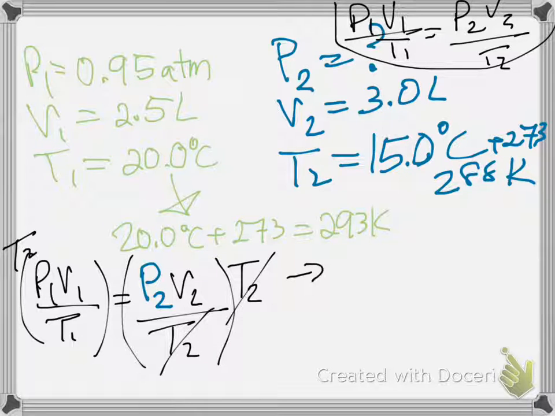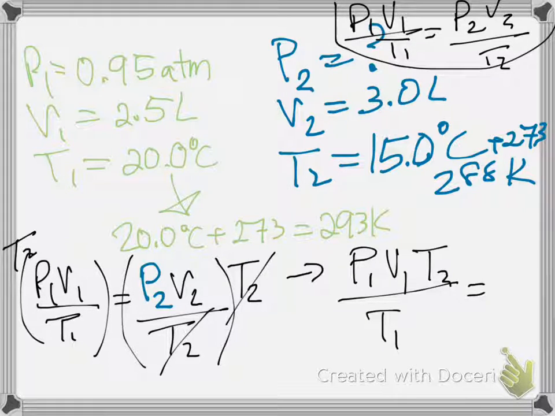So that means I'm multiplying by T2 on the left, so that's going to go on the top. These T's are not the same, so I cannot cancel them. They have to stay the way they are. Okay. And so on the right, that leaves P2 times V2. If I want to get P2 by itself, I have to do the opposite thing to V. So right now it's being multiplied, I'm going to divide. Okay, so I'm just going to clean this up, give myself a little bit of working space here.